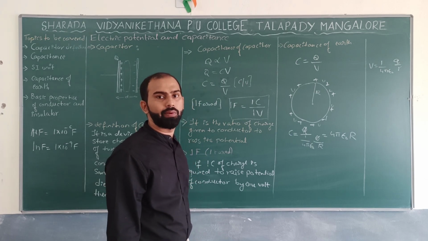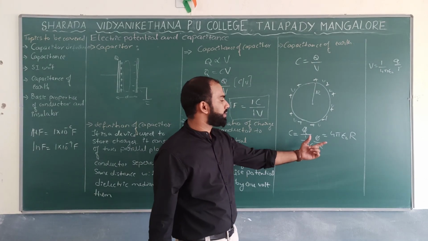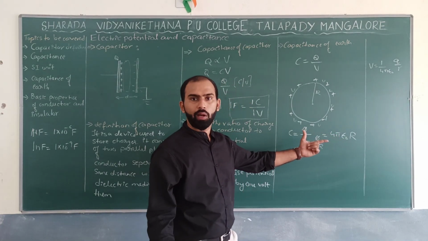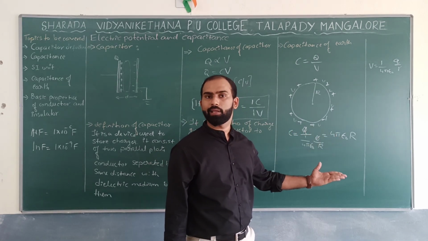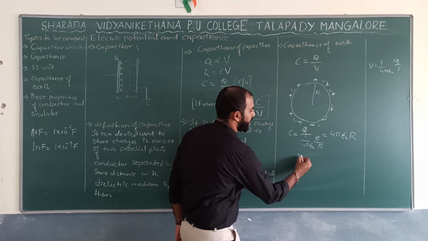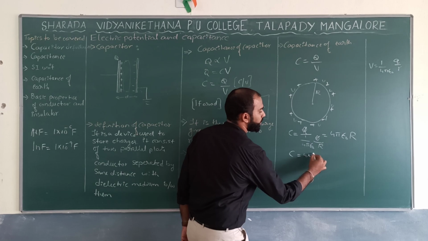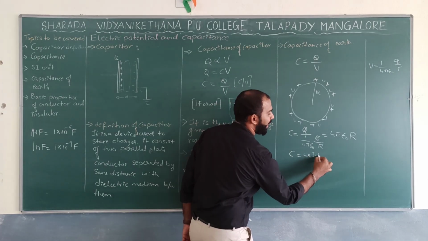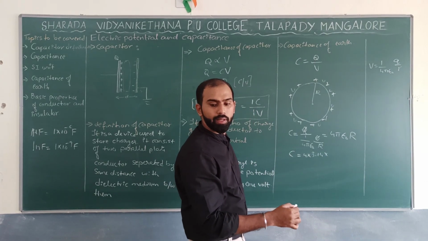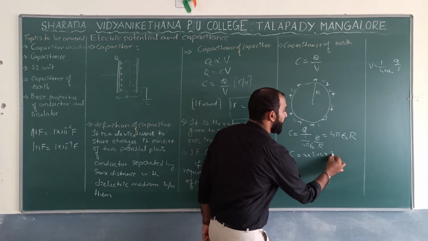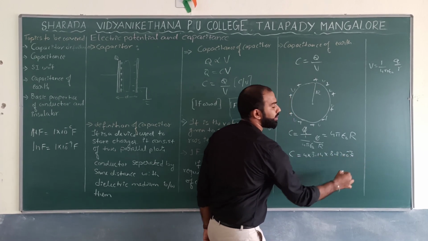Okay, this is how exactly we can expect it. Now, this is the expression. If they ask for 1 mark, what is the capacitance of earth, you can directly calculate using the relation C equal to 4 into pi, which can be taken as 3.14, into epsilon naught, which can be taken as 8.85 into 10 to the power minus 12. What is the radius of earth I can expect?